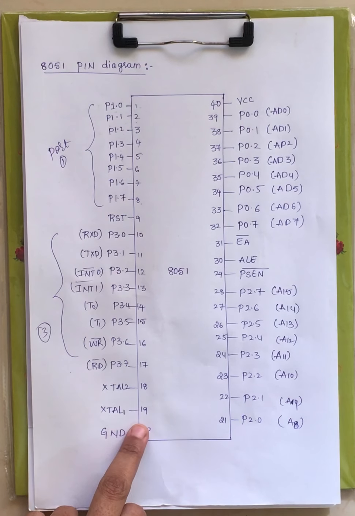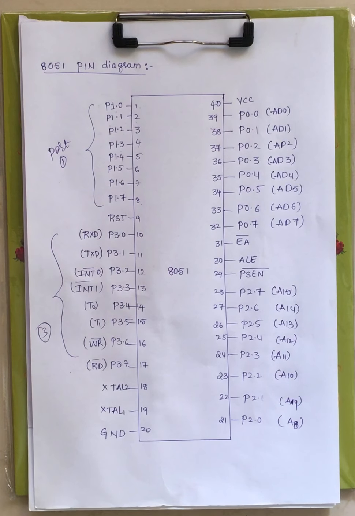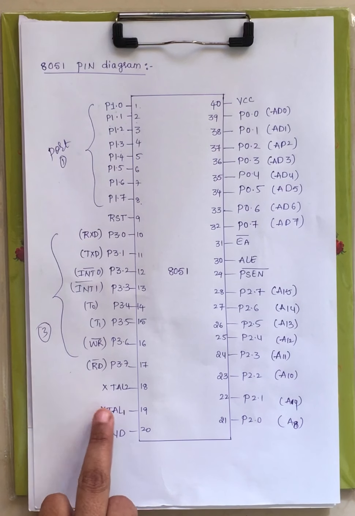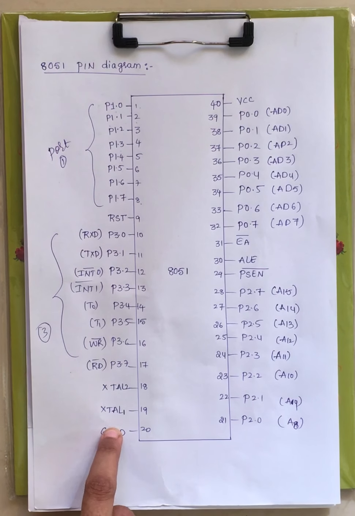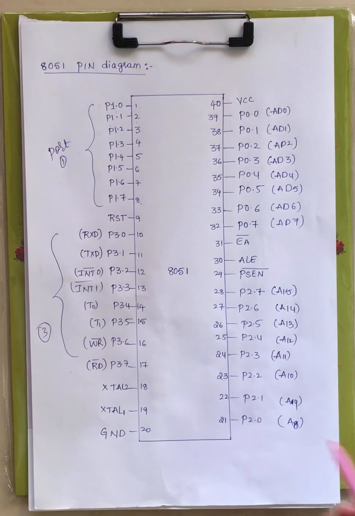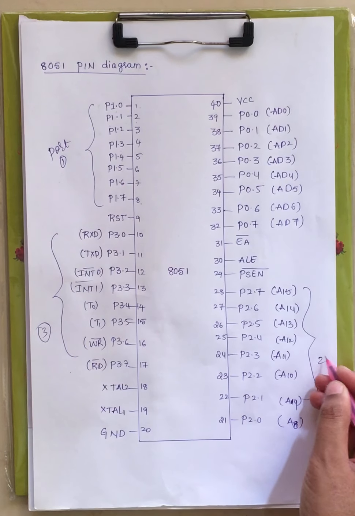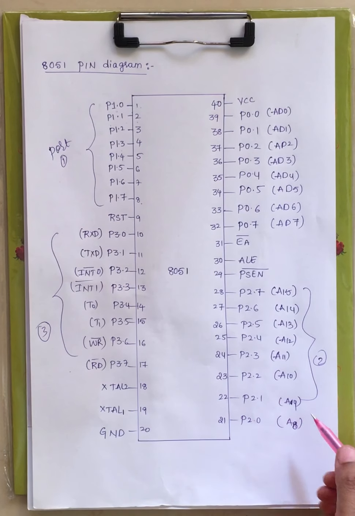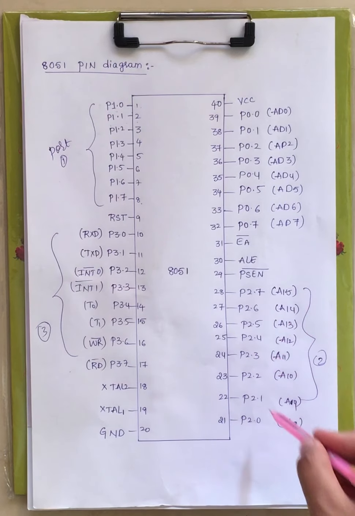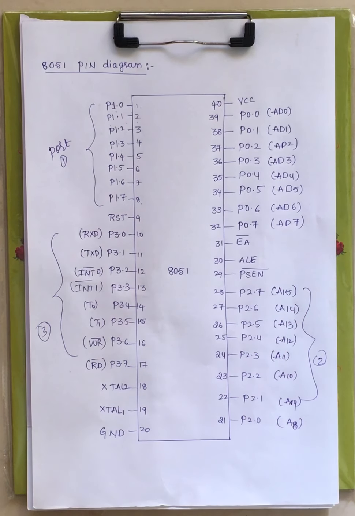Now coming to pins 18 and 19, in the 8085 you have X1 and X2 on the processor, through which you connect an oscillator circuit and provide the system clock. Here also it is the same: XTAL2 and XTAL1 are used to provide the system clock, and this pin is for ground reference. This is the second port; in addition to the input output function, it serves a special function, that is A8 to A15. Next you have PSEN, which is program store enable. What it does we will see later.